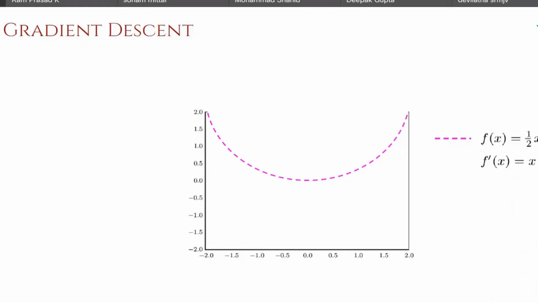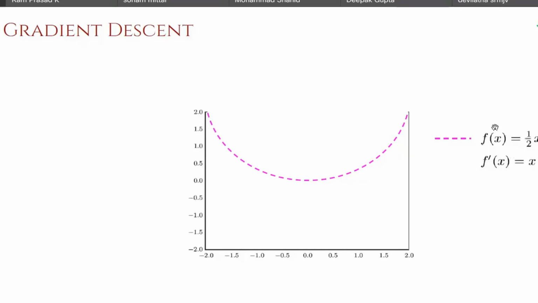So you have x. So this is the first derivative. And now, for what value of x does the first derivative become 0? There is some value of x where the first derivative becomes 0. That is the value which minimizes the original function. So this is the mathematics behind that optimization problem.